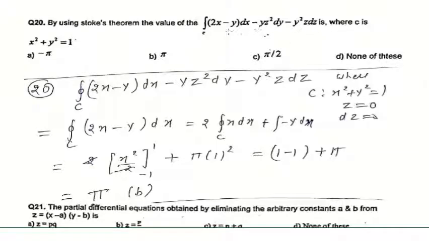Put z 0, left with 2x minus y, 2x, 2 into x dy minus y dx. So it is area of region, twice the area of region. No, sorry, it is not the area of region, it is x square by 2 from minus 1 to 1. It is 0. So answer B is the correct answer. 2x dx minus y. If it is x dy, then it is area. It is x dx, we have to integrate this, x square by 2. So in circle, the limit of x varies from minus 1 to 1. Substitute, yes. And it is area pi r square. This pi is the answer.